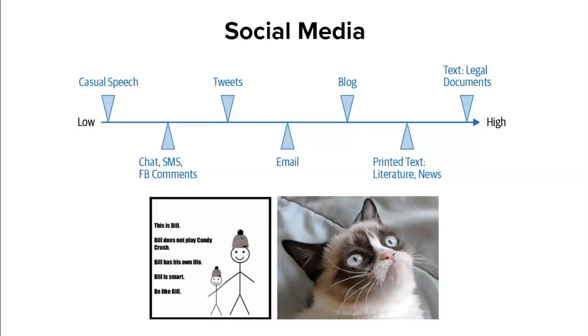So we talk about all these different possible scenarios where NLP is useful, but then we also talk about the challenges involved in processing social media data compared to, say, printed text news articles or legal documents, the more formal documents that you typically see in NLP systems. So people write their own spellings, or there may be multiple languages, there may be a lot of smileys, there may be memes.